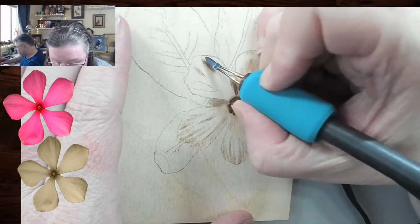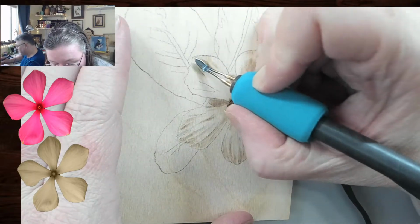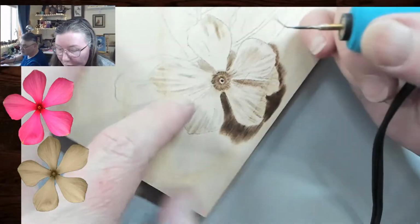Alright, let's get this last petal in. Alright, I've done my petals. I'm trying to work on the reverse burning, negative burning. Well, we're going to do more of that next week, love. Okay. Alright, so this petal, and we're getting...